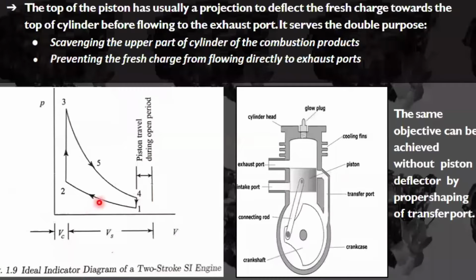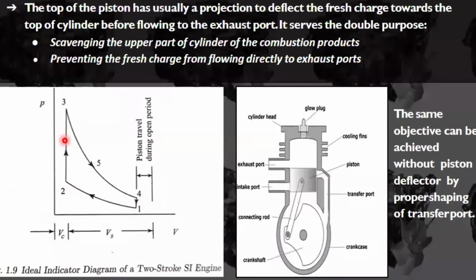Next, coming to the ideal PV diagram of a two-stroke engine, we have already discussed. There will be no separate suction event here. During the time of compression only, through this intake port, the air-fuel mixture or air is going to get into the crankcase. So there will be no separate stroke; it starts from the next event, which is the compression event, from 1 to 2, within the compression stroke.